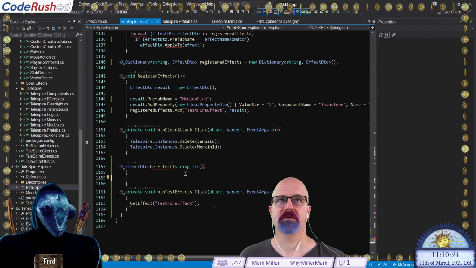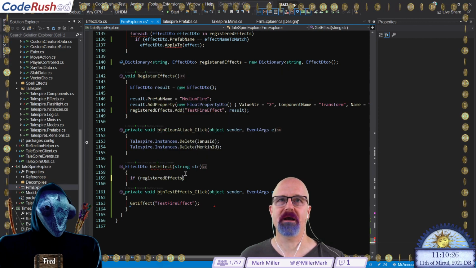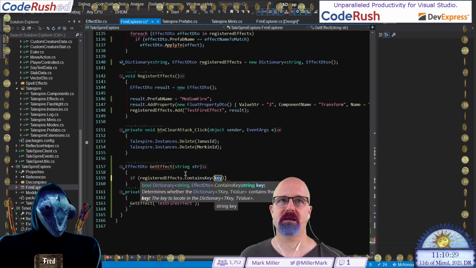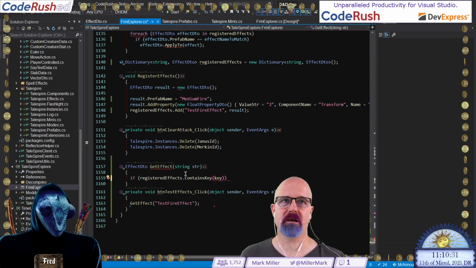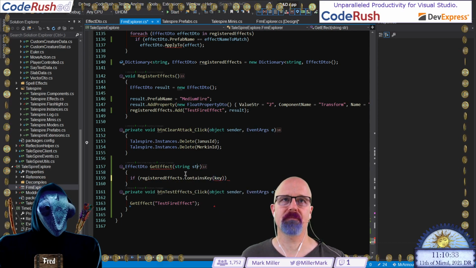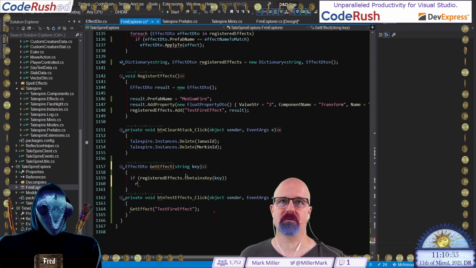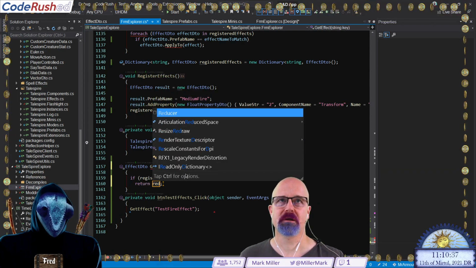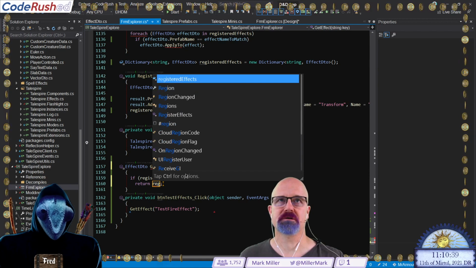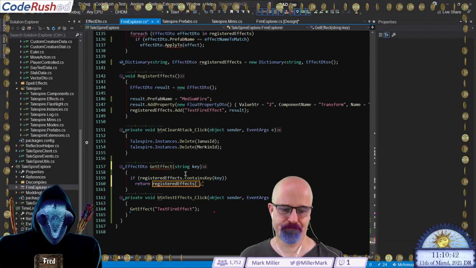Yeah. And so now we'll do something here. Registered effects dot contains key of key. I want to call this key up here too as well. Then we're going to say return registered effects of key.